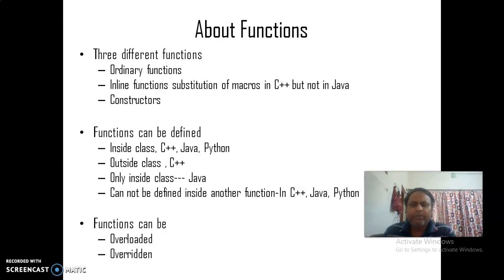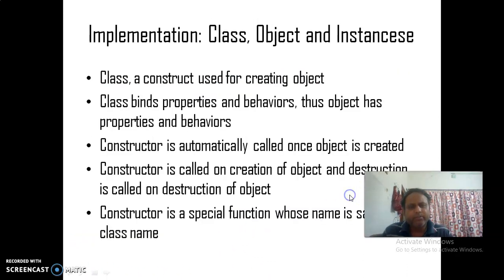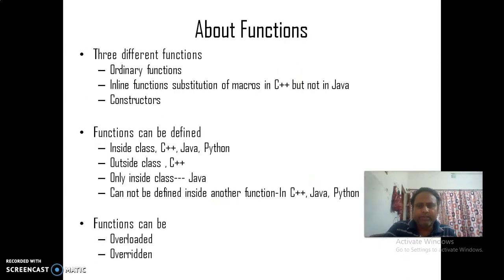Functions cannot be defined inside another function in C++ and Java. But in Python there is a privilege where we can define a function inside another function. So I need to correct this, because in Python we can define a function inside a function. Functions can be overloaded and overridden also.